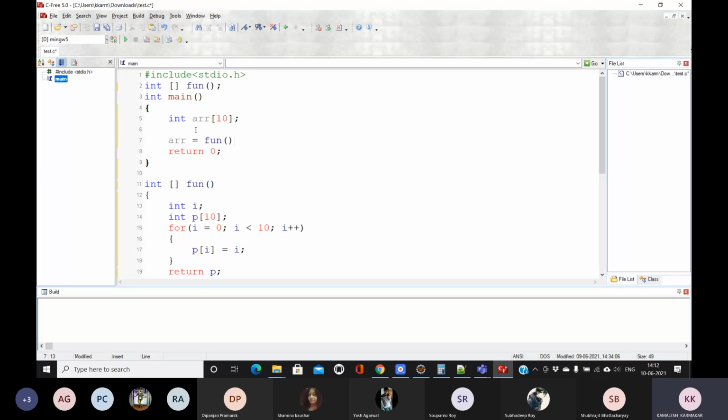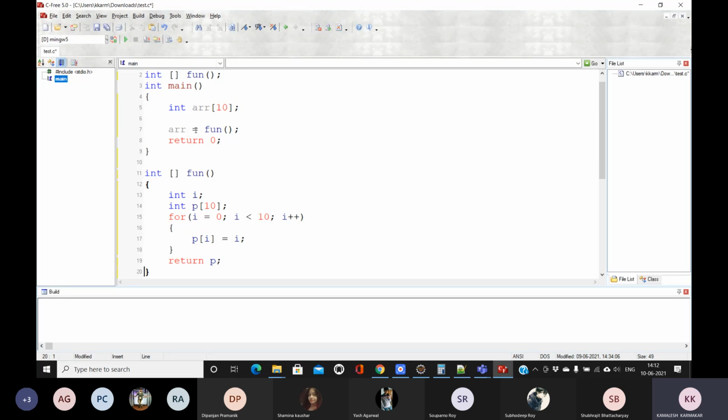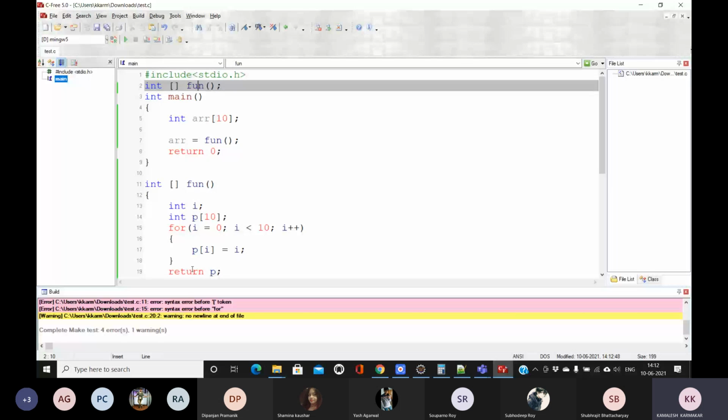If I call this function fun, then the fun function will be executed. It will create an array, and this array will be returned by this function. So this is my program. I will show you what changes are required for this program.